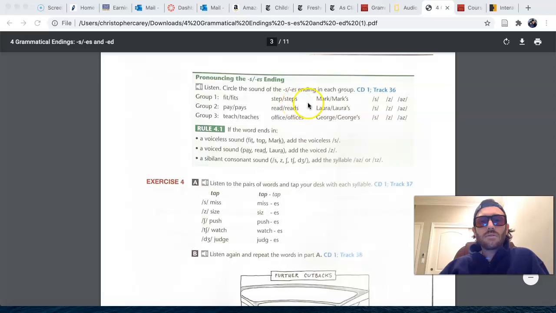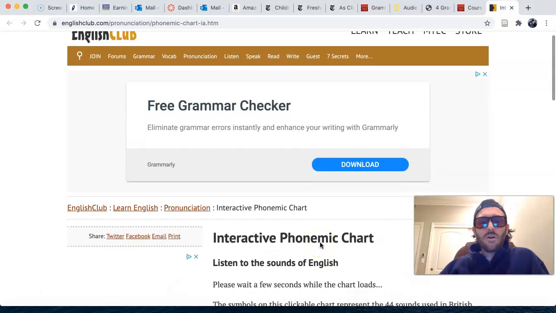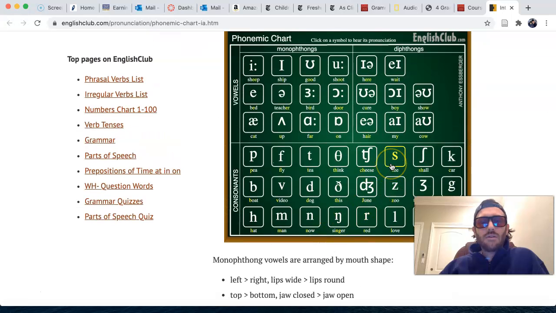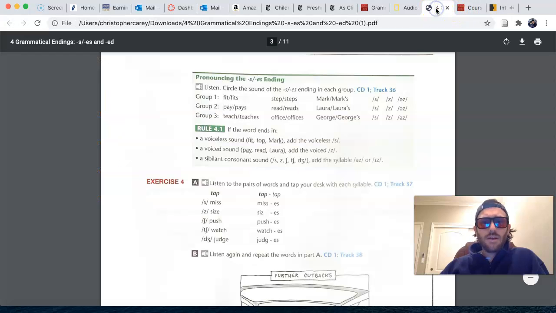Steps, marks. You go to your interactive chart, and we try the first one, the S consonant sound, fits. S. Marks. S. Yeah, it's the S consonant sound, right? So we can say for group 1,